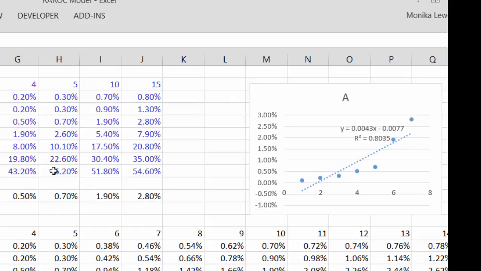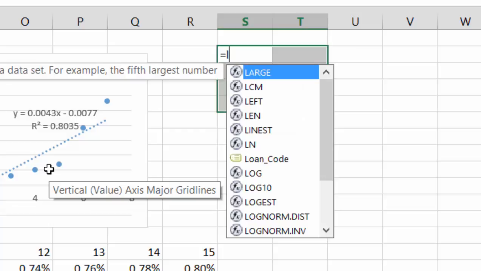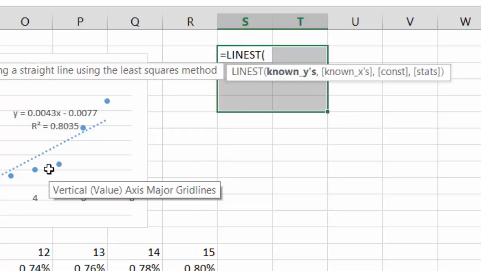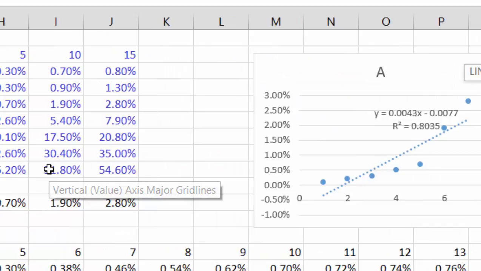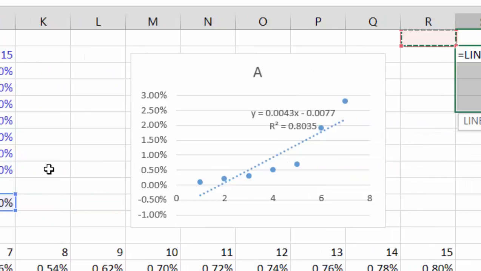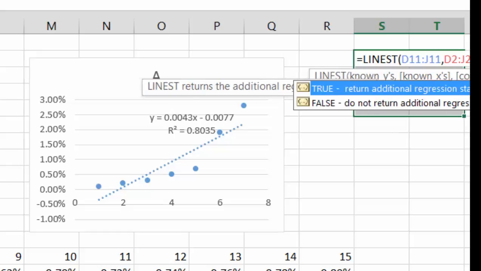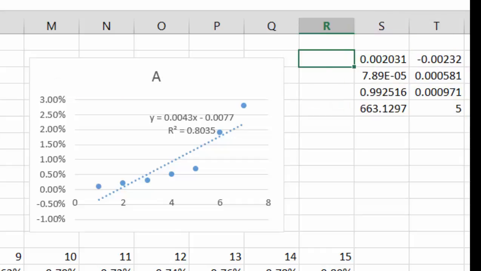Now, if you would like to see how to get the statistics, you put LINEST, line estimate, and we want to make this the x-axis, this the y-axis, so this will be very simple, and you put 2 commas. That's because we don't want a constant, and then you type true, and then you press Shift Control Enter, and